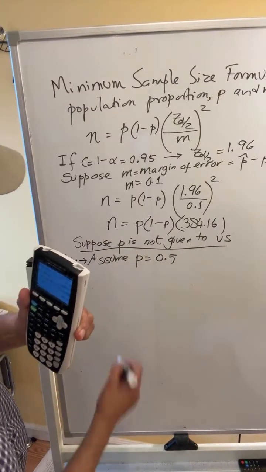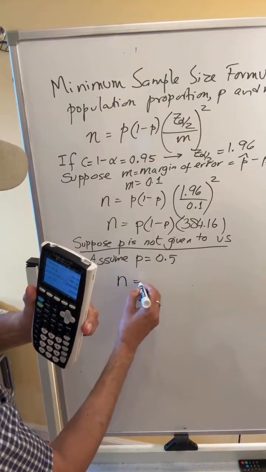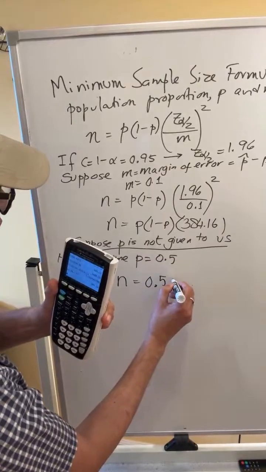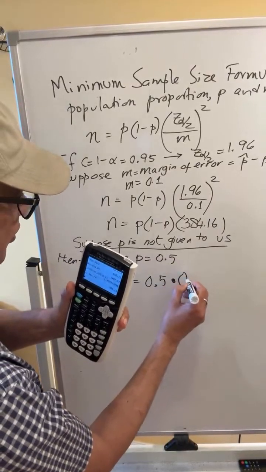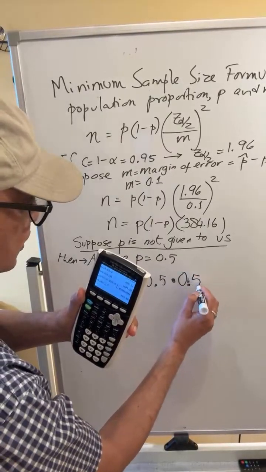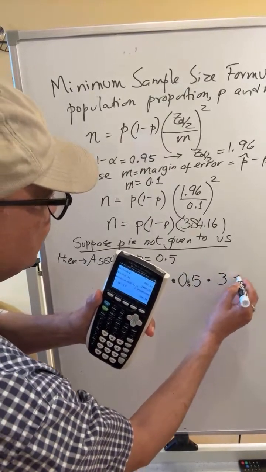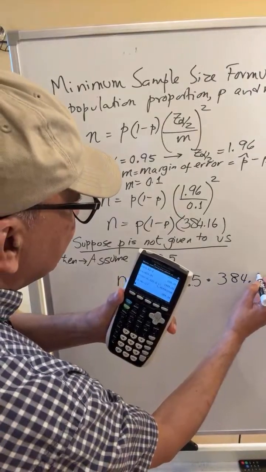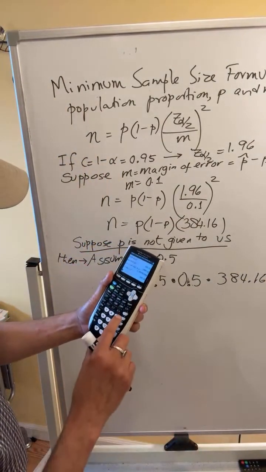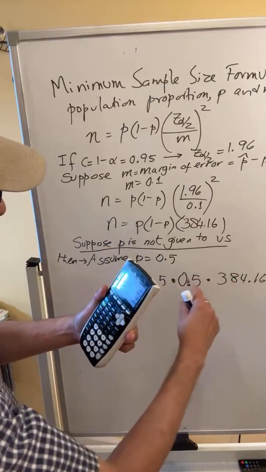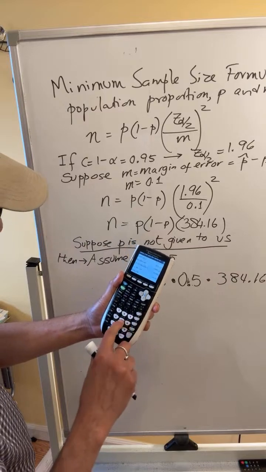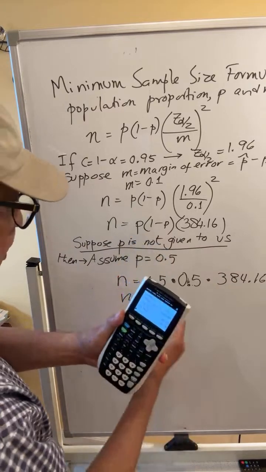So n is equal to 0.5 times 0.5 times 384.16. So what is n? It is 384.16 multiplied by 0.5, then again multiplied by 0.5, and it works out to